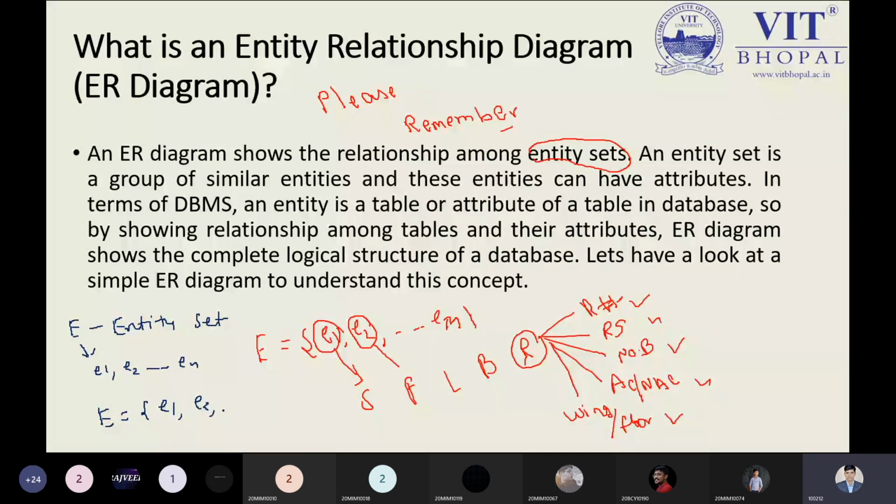In the entire ER diagram, I can have multiple entity sets, and keep in mind that entity E1 and entity E2 can have a relationship. E1 and E2 could be students, faculty, room, chair, window, glass, fan, lights, or any object. That is a point we have to keep in mind. This is to be identified by the ER diagram.